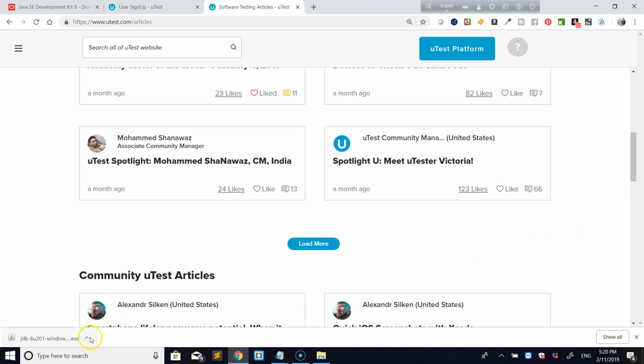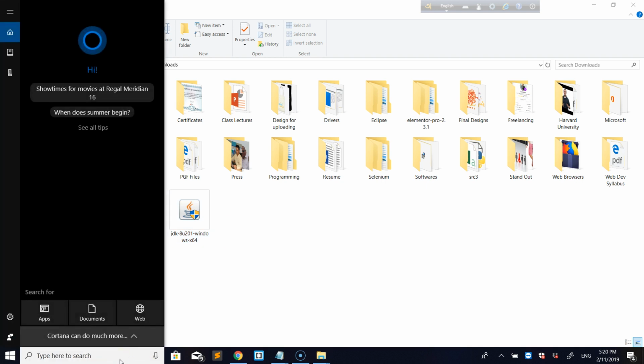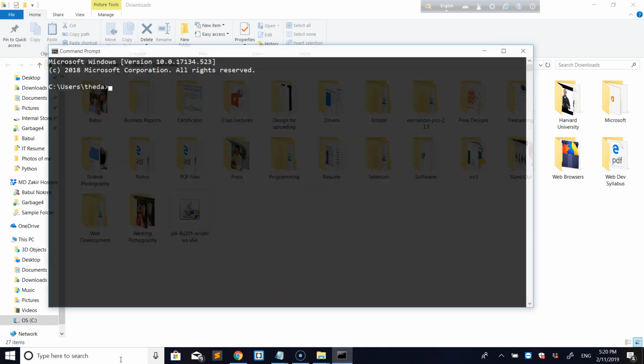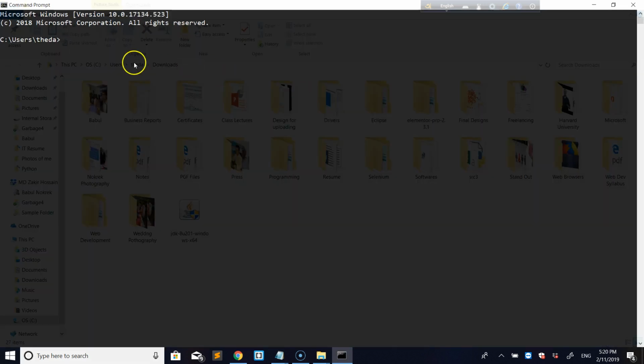Okay, it has been downloaded. Let's go, just click on show folder, and Java is here. Now what I want to do, I have another Java here. I just want to delete one of them. Okay, either one. Then first what you can do, you can check, go to CMD and press enter, then write